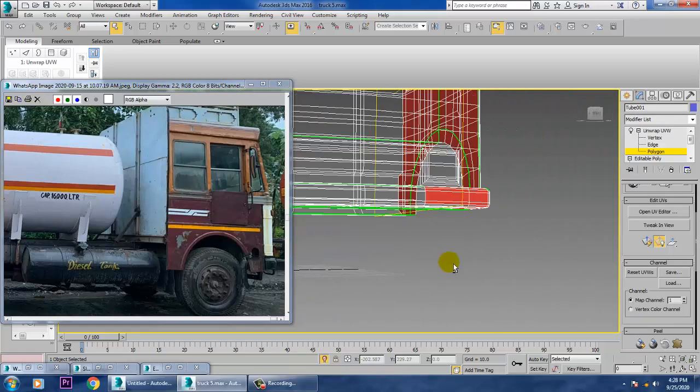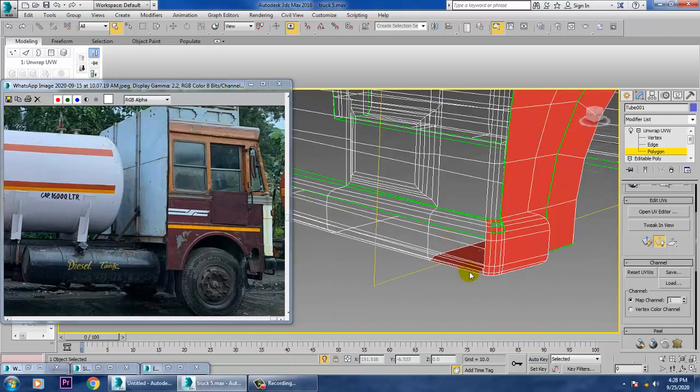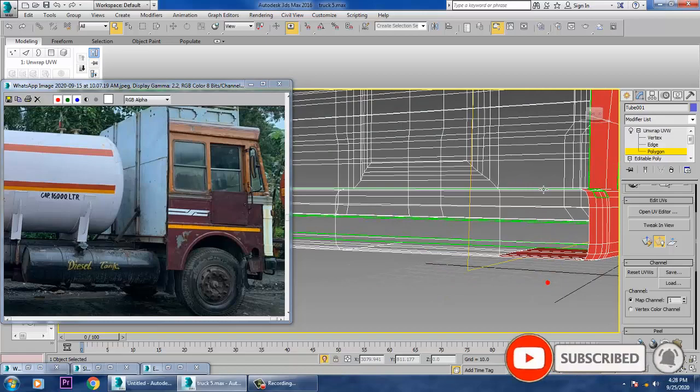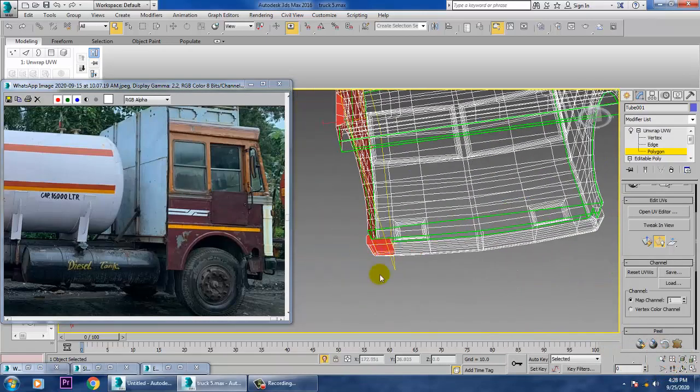We really don't need this, so whatever selections you don't need, you can remove that.